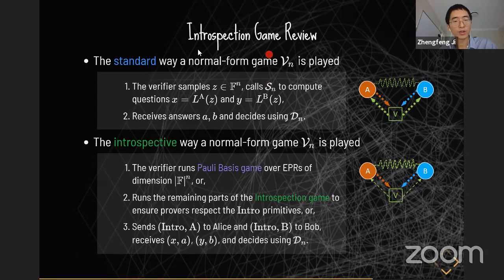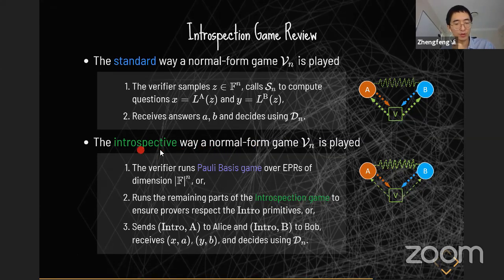To summarize what this intro game is doing, you can think of two ways of playing a normal form game. So you have a game Vn, which is specified by Sn and Dn. In the standard way, the verifier would sample the random seed and call Sn to compute the questions using these functions to get X and Y. And then you receive answers from Alice and Bob, and you can use the decider to determine whether to accept or reject. The other way, the introspective way, is